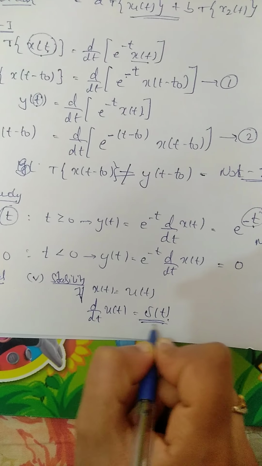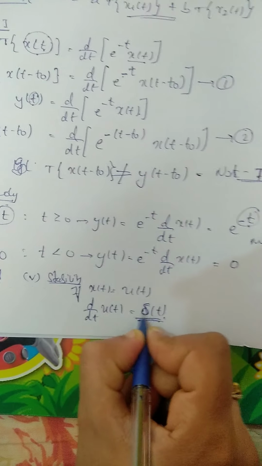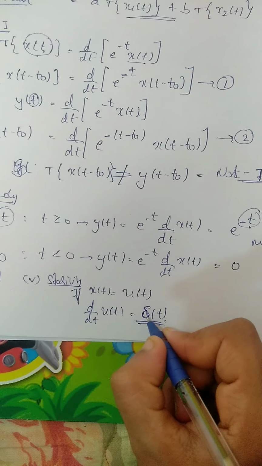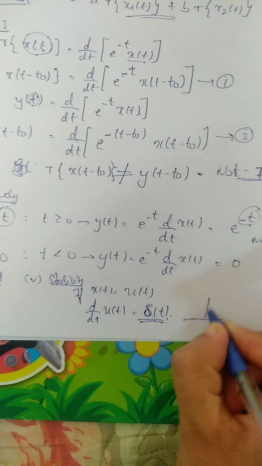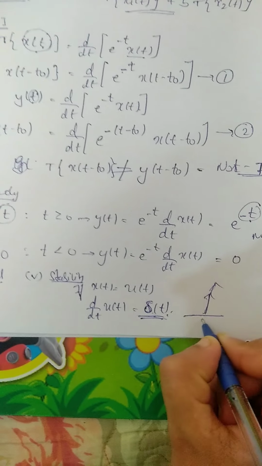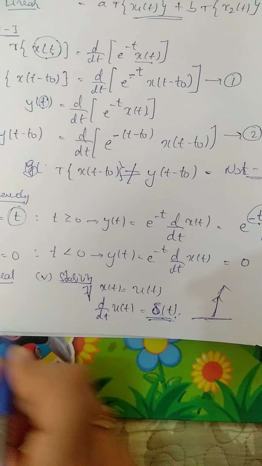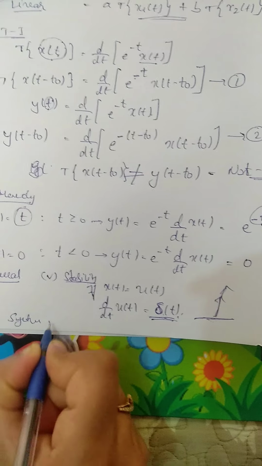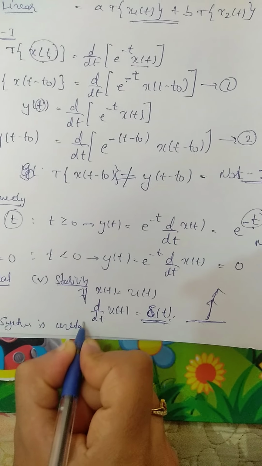The impulse function does not stay within a bounded value, because this delta of t can vary up to any value, so it doesn't have any bounded value. So we can say that the system is unstable. Okay,